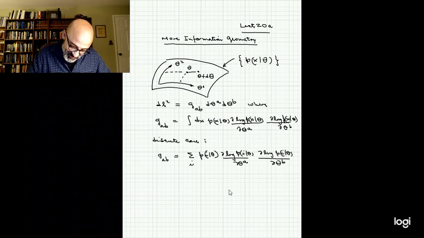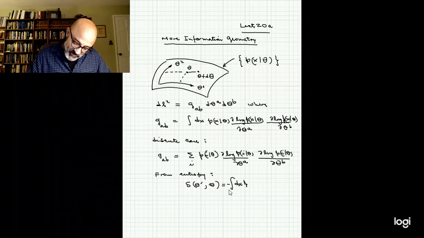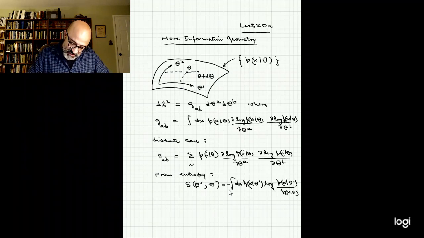The connection to entropy. If you have the entropy of two probability distributions, one labeled by theta prime and the other labeled by theta, we saw that we had another formula for the metric tensor that had to do with taking the second derivatives